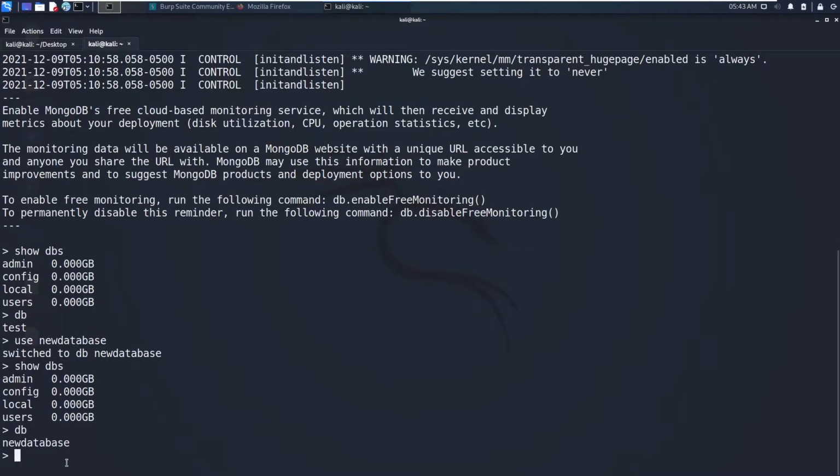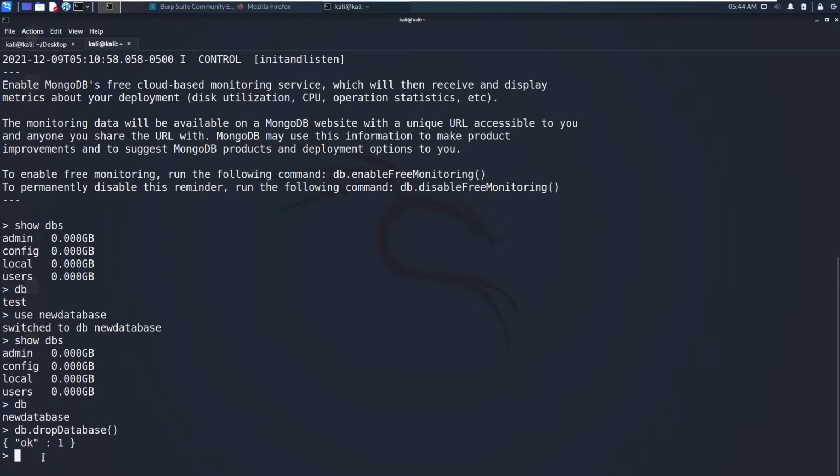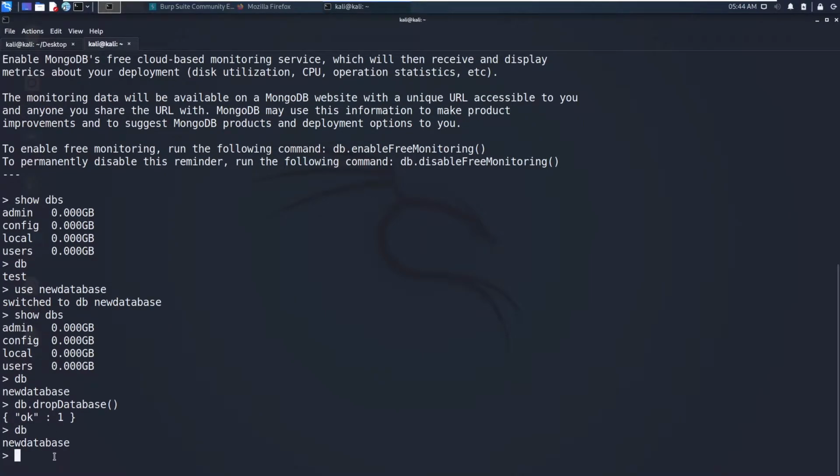If I say db, you can see it is pointing to newdatabase. Now if I want to drop a database, I can say db.dropDatabase. You can see the response was ok: 1. Now if I say db, it still points to newdatabase, but it does not exist.